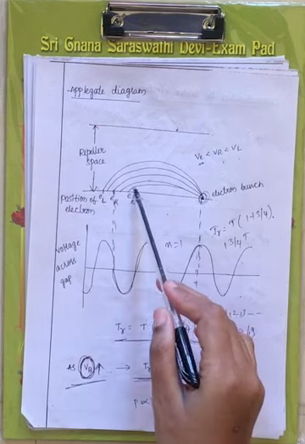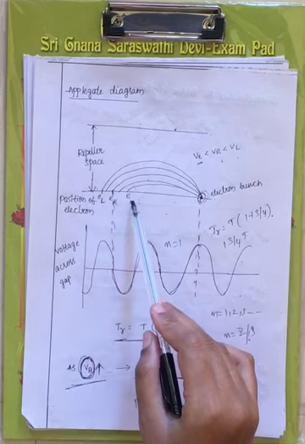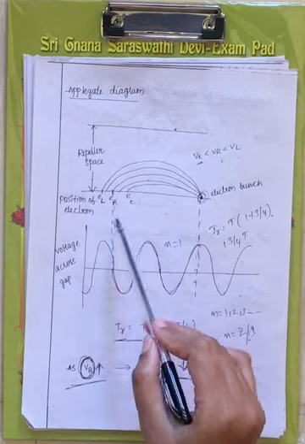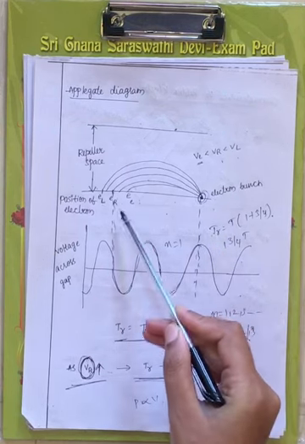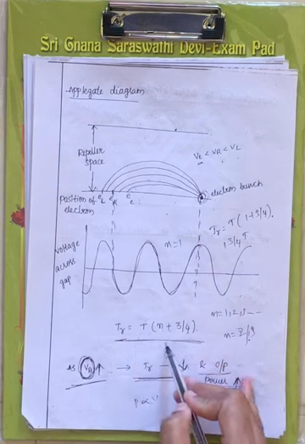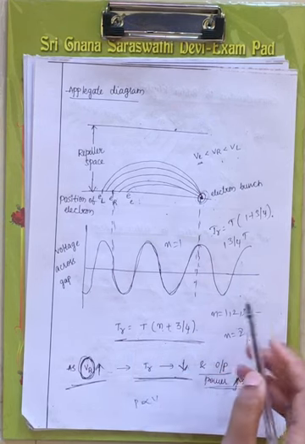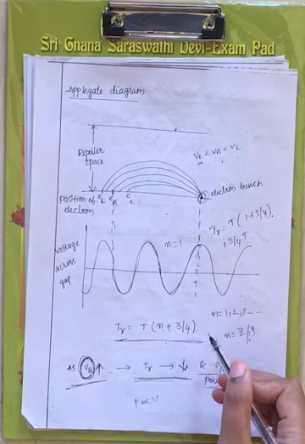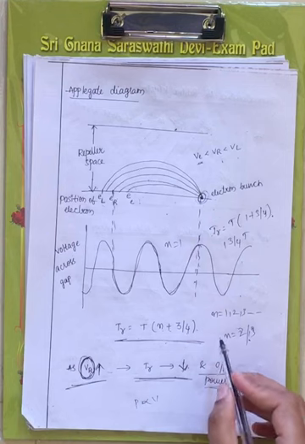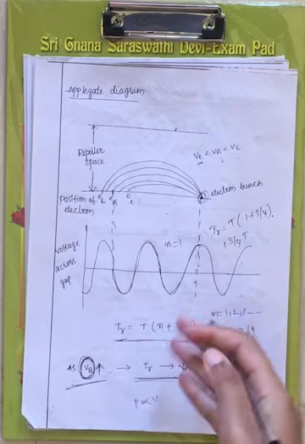Now this is about the applegate diagram. These electrons, because of this variation in velocity, experience a repulsive force. Now they will form the electron bunch, right? And the time taken to form the electron bunch is given by T of n plus 3 by 4. Now n varies from 1, 2, 3 and so on. For n equals 2 or n equals 3, we'll get the maximum output power. How you will get the maximum output power, I will see after this.